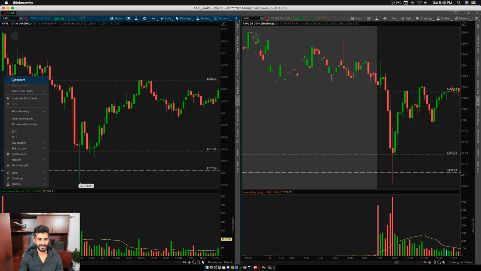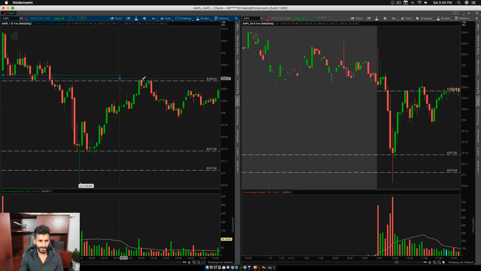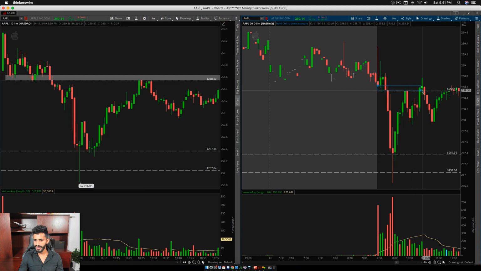Now, I'm not going to put an exact line there. I'm going to put an area, knowing that this area right here is a major resistance zone. This right here, once again, is a major resistance zone that we should be heavily focused on. I'm just going to move this down a little bit. Now, as the stock keeps moving,